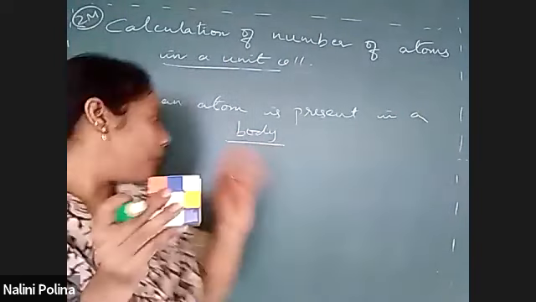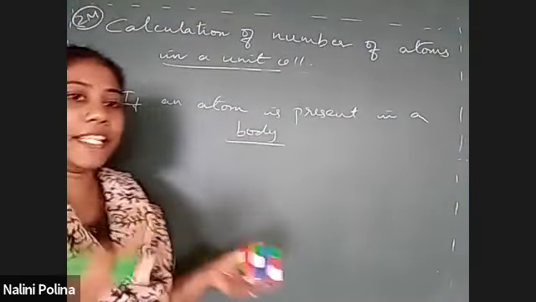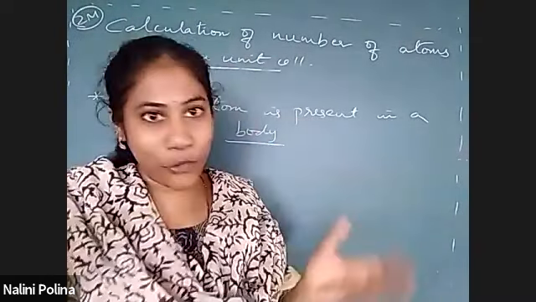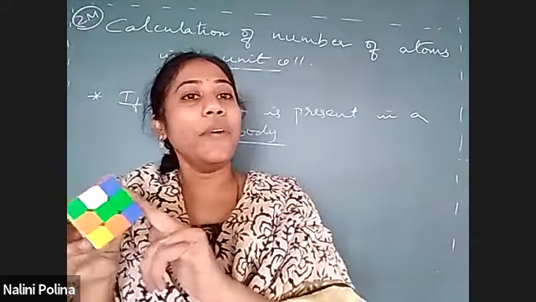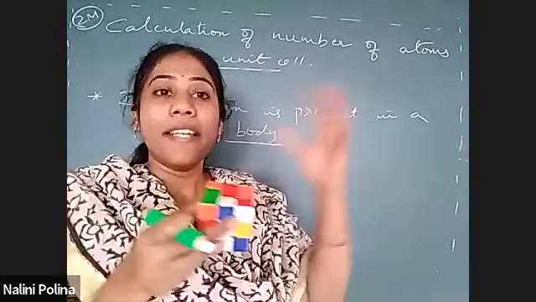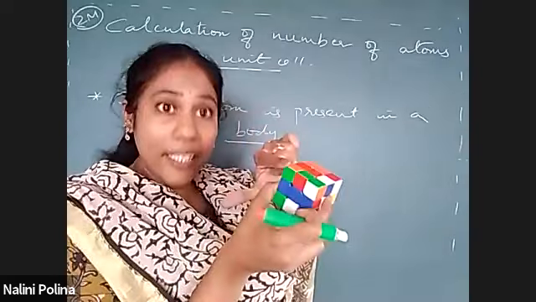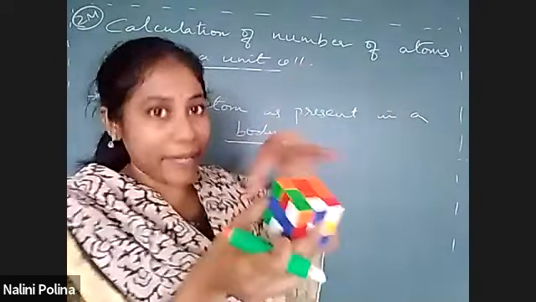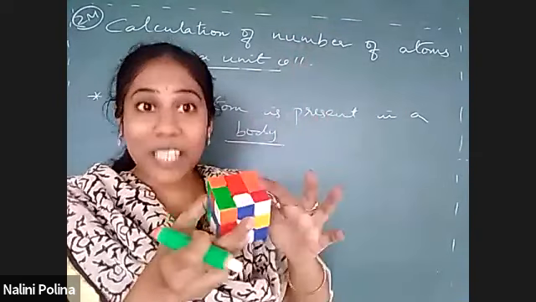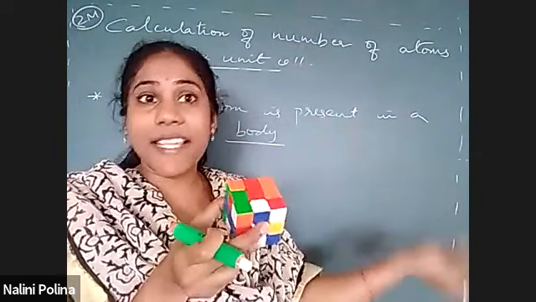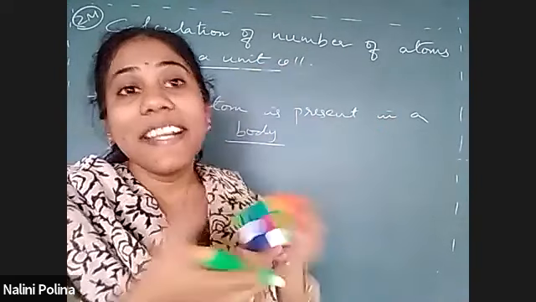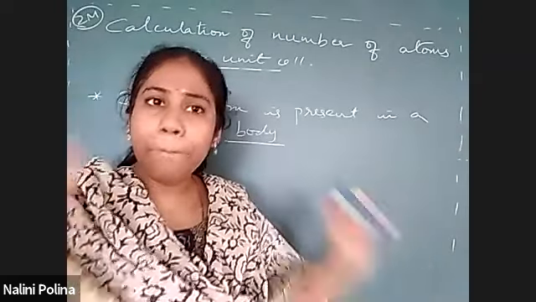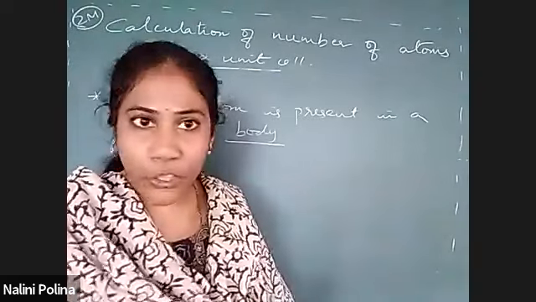So in the body, if you have an atom, then definitely that belongs to one unit cell. That atom is not shared with other unit cells, right? An atom on a face can be shared with other unit cells. An atom at a corner can be shared with other unit cells. Like I said, each corner is shared by 8 unit cells. An atom on an edge can be shared with other unit cells, but the atom which is right inside the body cannot be shared with other unit cells. It solely, completely belongs to that particular unit cell, right?